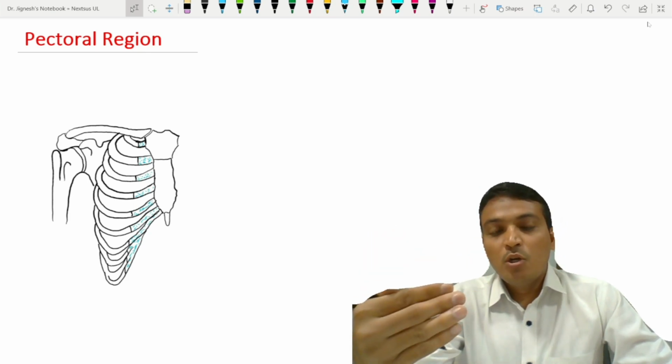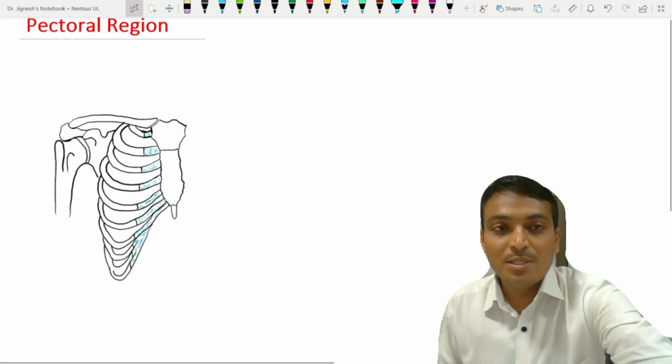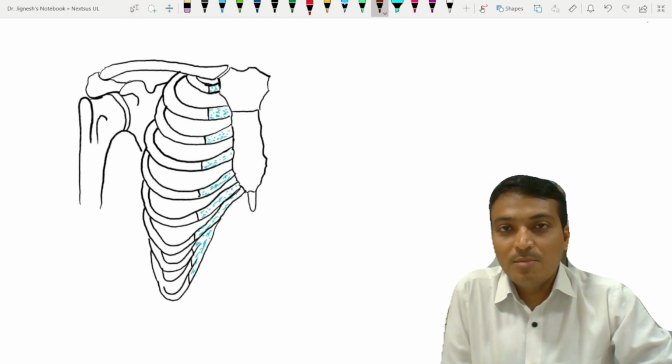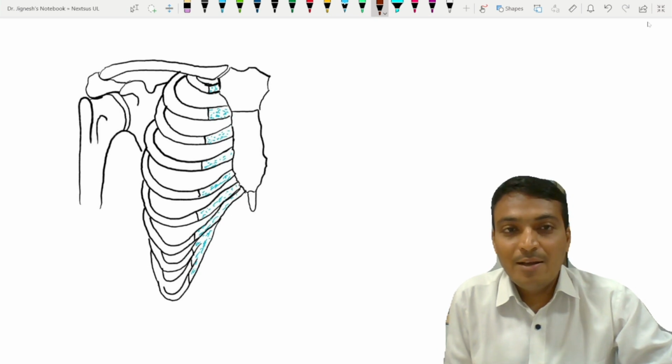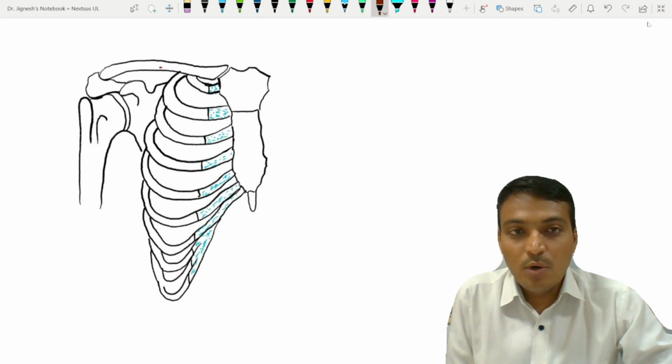So now let's move on to the pectoralis major muscle. When we see the pectoralis major muscle here in this figure, we will try to draw it. This pectoralis major muscle has mainly two heads. One is the clavicular head and one is the sternocostal head. The clavicular head is going to arise from somewhere here. This is the outer surface of the medial half of the clavicle,